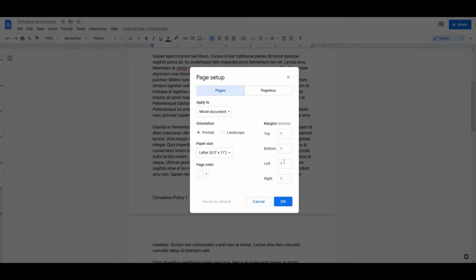This still works if you're using different margins. For example, if you're using 0.75 inch margins or 0.5 inch margins, but the exact numbers that I'm going to show you for the alignment would be a little bit different. But you can kind of play around with the alignment on your documents if you're using different size paper or if you're using different margins, and you can come up with something that looks good for you.